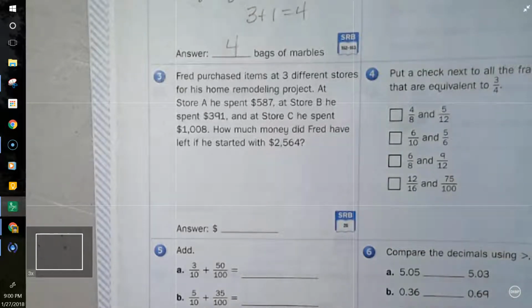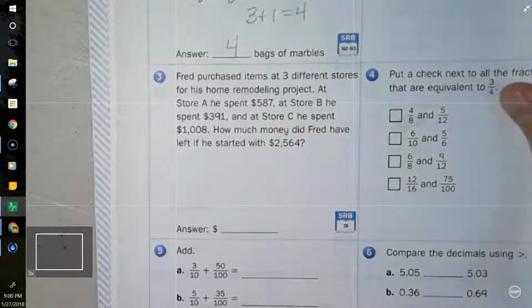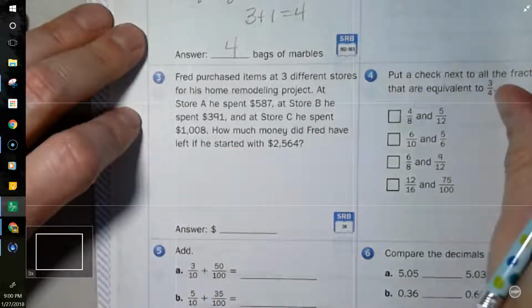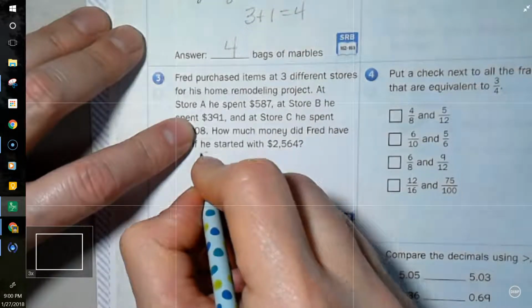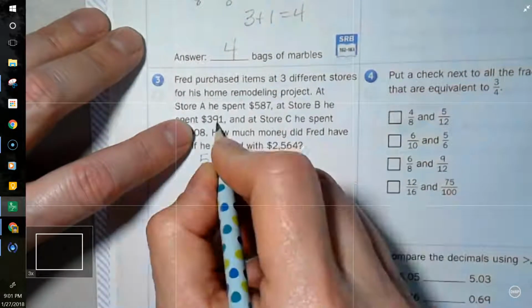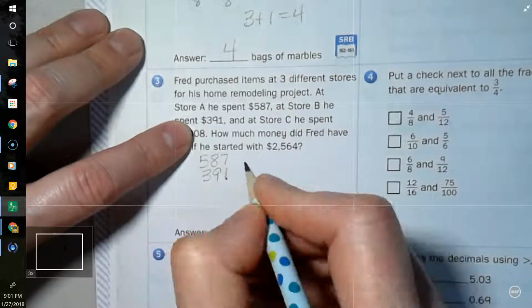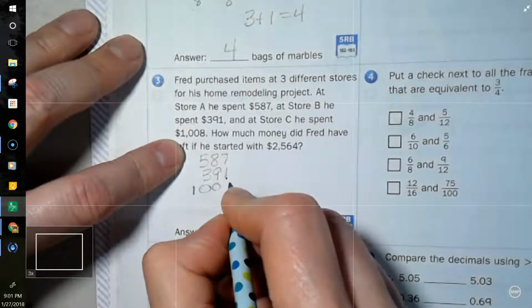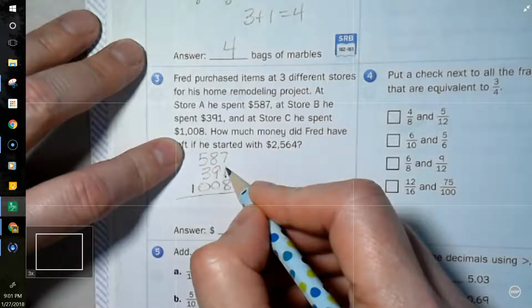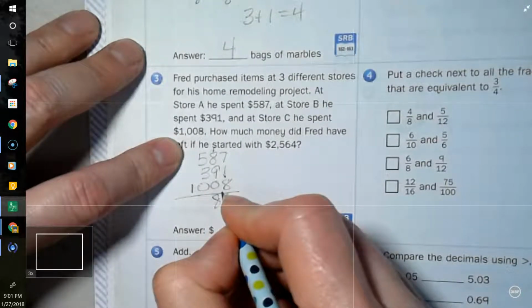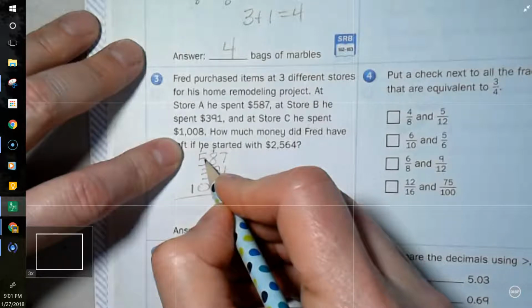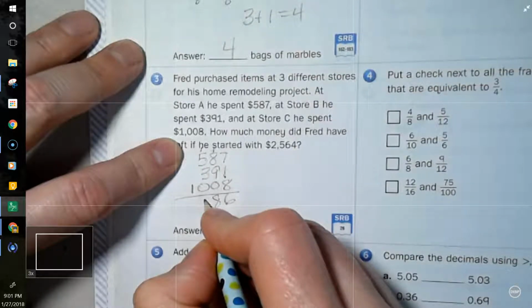But the question was, how much did he have left if he started with $2,564? So I'm going to take that total and subtract it from 2,564. Okay, so store A, 587, B, 391, C, 1,008, and let's add all that together. There's 16, carry 1. There's 9 plus 9 is 18, carry 1. There's 6 plus 3 is 9, nothing to carry. So he spent